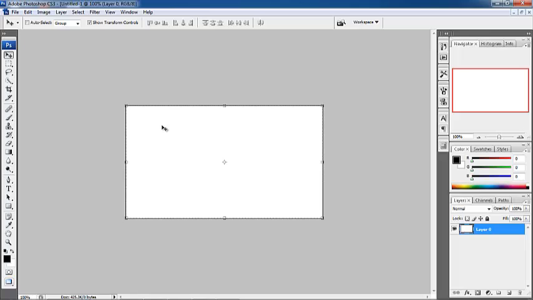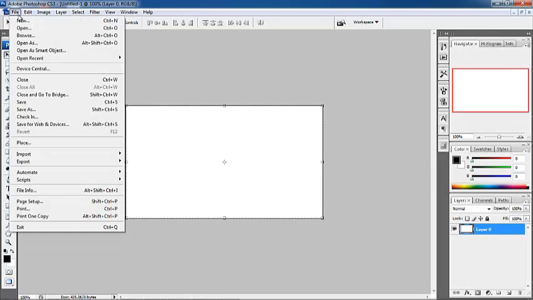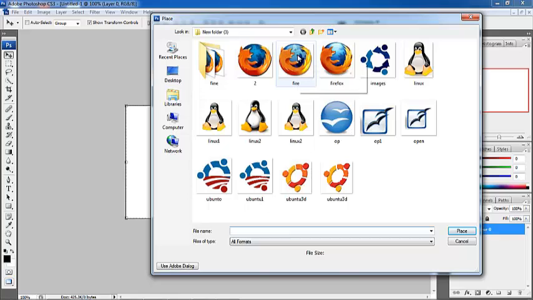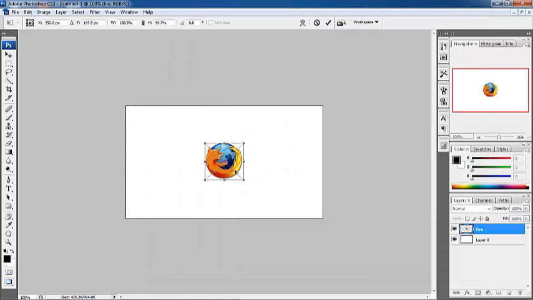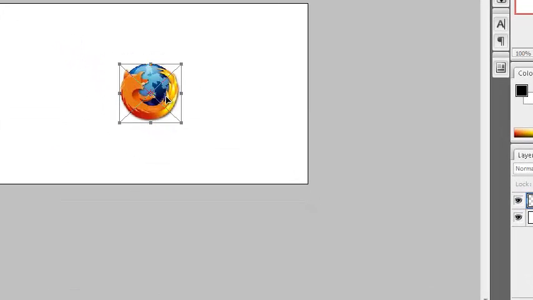If you want to add an image or insert an image, there are some options. Click File here. Either you can click Open or Place. But for me, I will use Place. Then I will choose the image I want to place. Then click Place. There, guys, our image is placed on the blank portion.